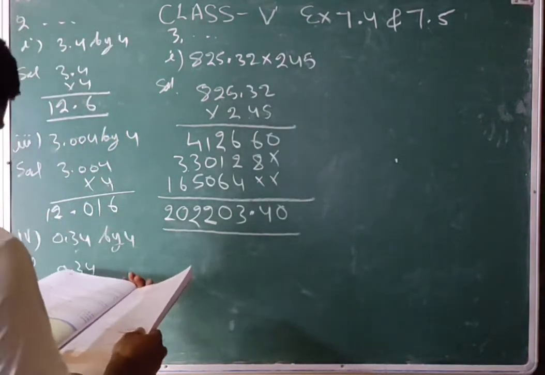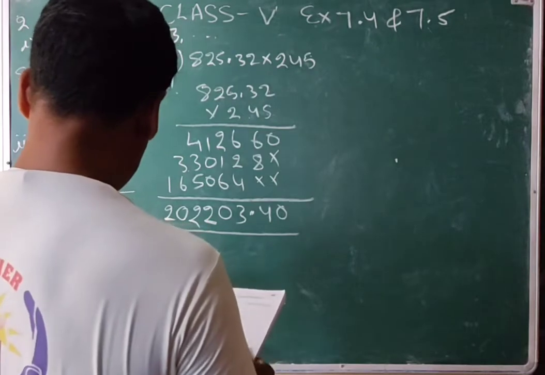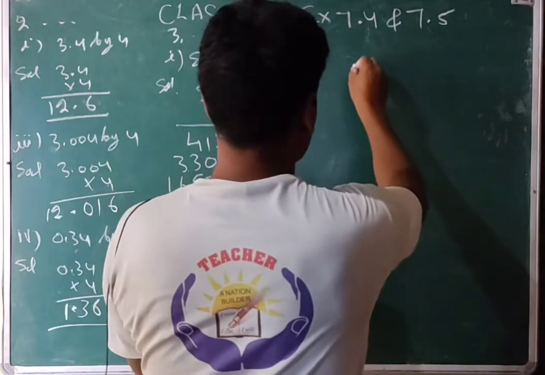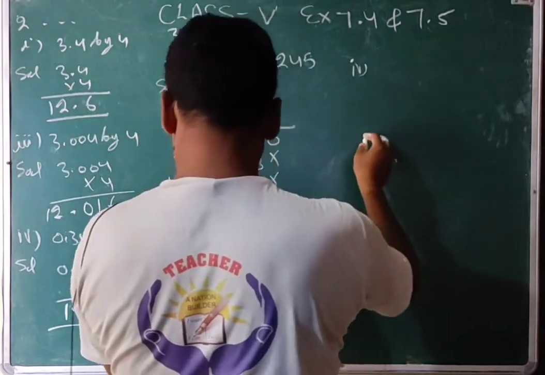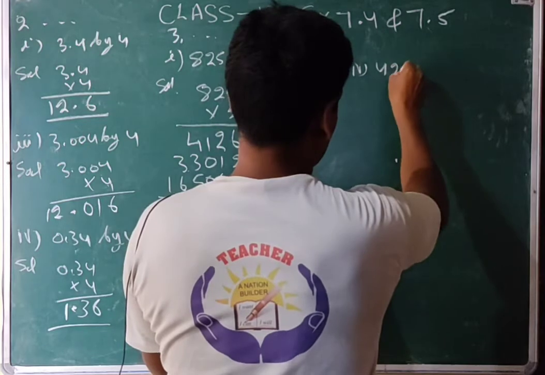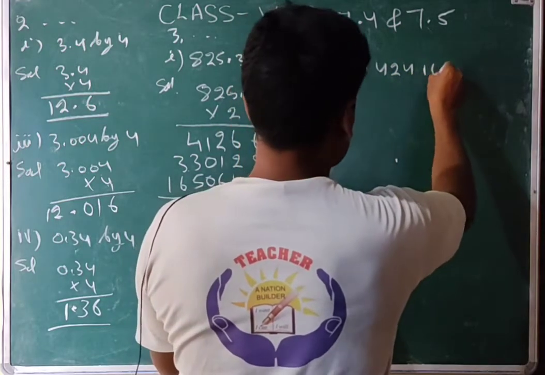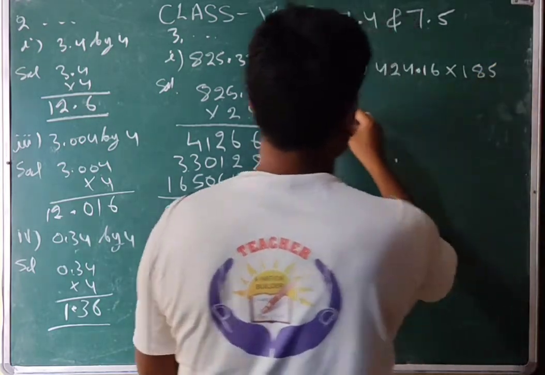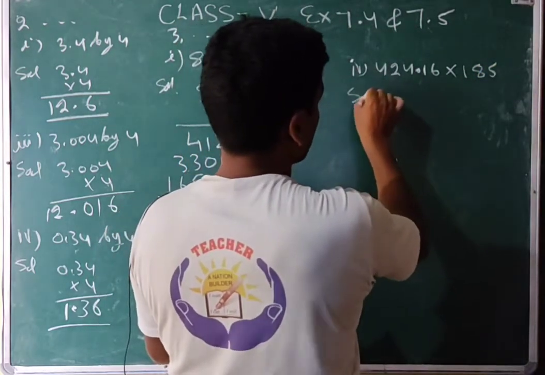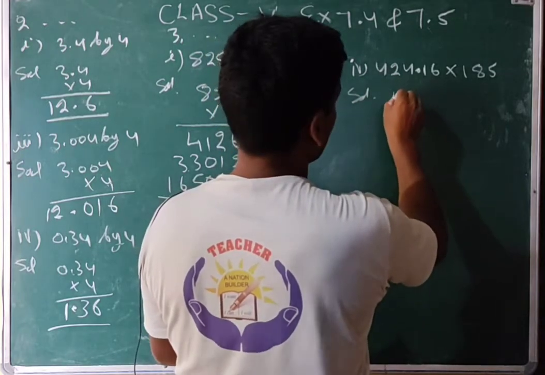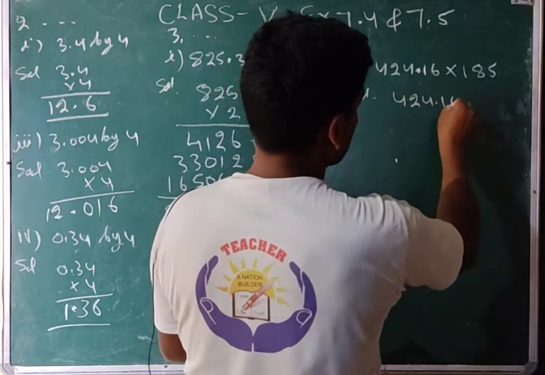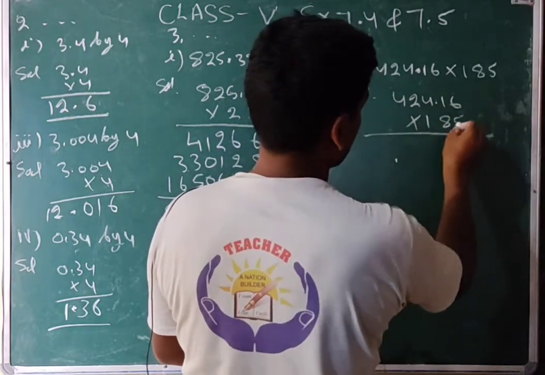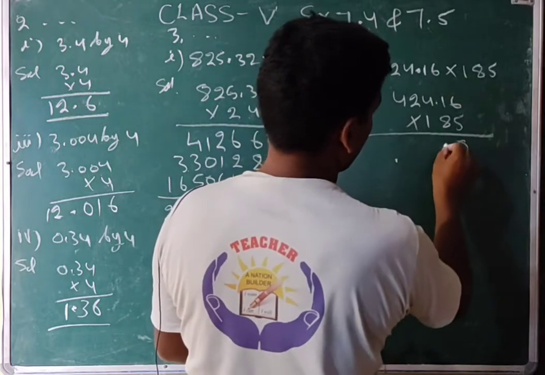And then we will see the other part also, see the last part, no problem will be there. Fourth part, other part you can do very easily: 4.24 decimal 16 multiply by 185. So how will that be? Solve 4 4 decimal 16 multiply by 185, and then 5 6s are 30, 5 1s are 5 3,